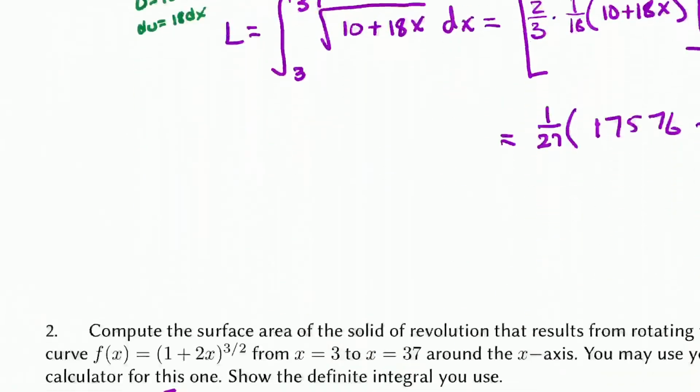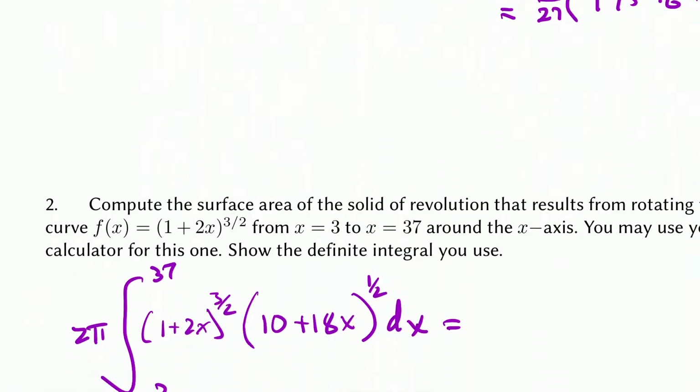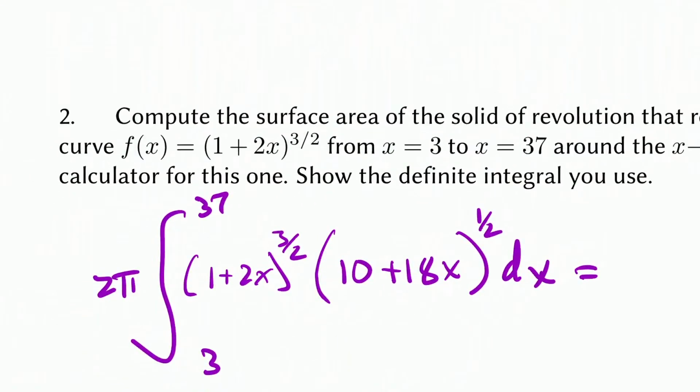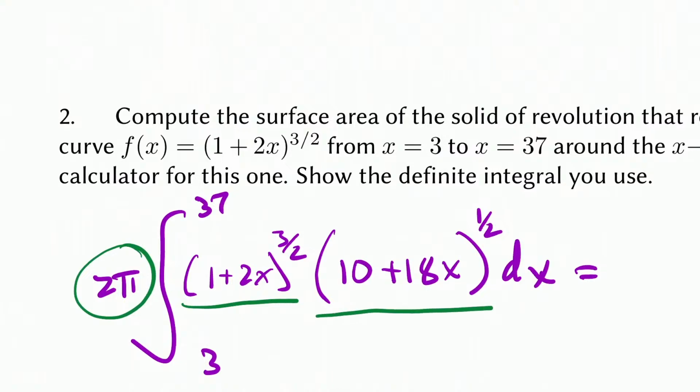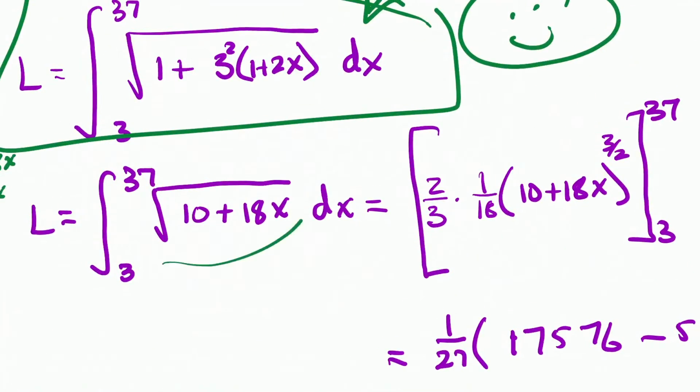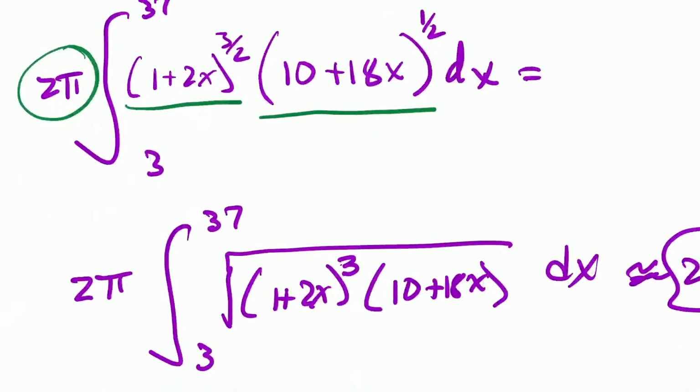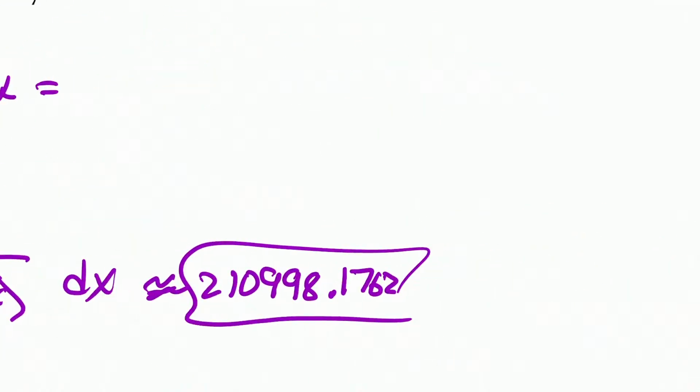Okay, as far as the second one goes, all you really had to do is write down this and the answer. So just to emphasize where everything's coming from, it's 2 pi times the radius, and I didn't draw this surface, but the radius is the function in this case because we're going around the x-axis, times the square root of, so that came directly from up here, the square root of this arc length basically is what you have there. So I just punched that into my calculator after doing a little bit of, and I got this big